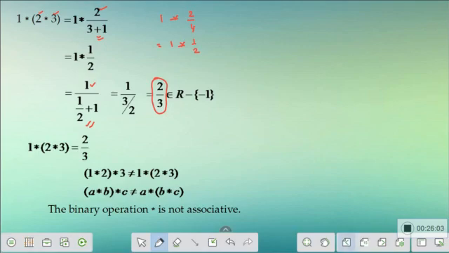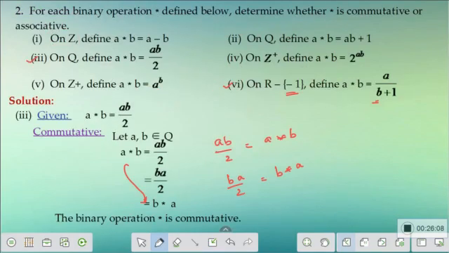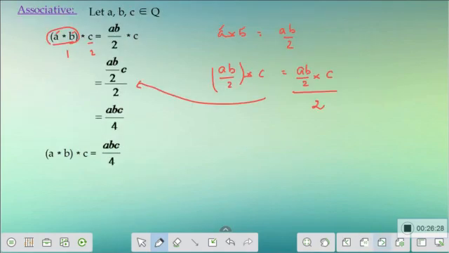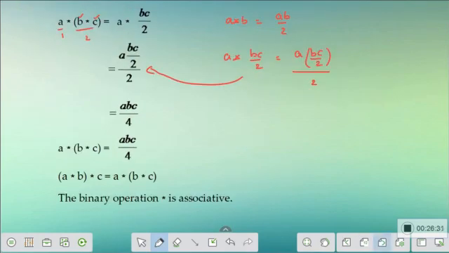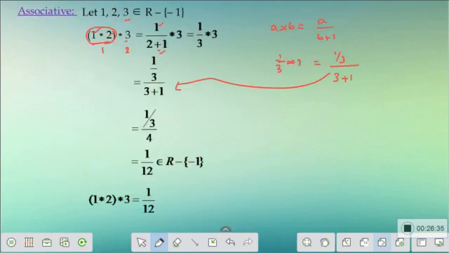So we have discussed third and sixth subdivision of this problem, in which we saw one was commutative and associative, and the other one we saw not commutative and not associative. It doesn't mean that both the properties should be satisfied or should not be satisfied. It depends upon your set and the operations. So check out the remaining binary operations for commutative and associative, so that you will have a better practice, and keep practicing the example problems which are similar to the one that we have solved today.